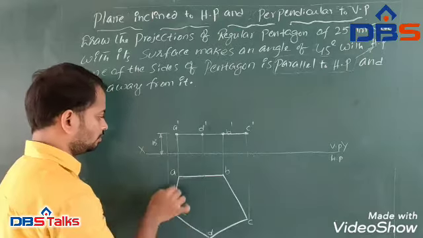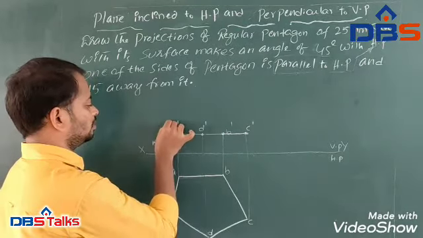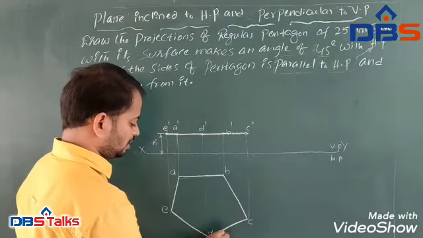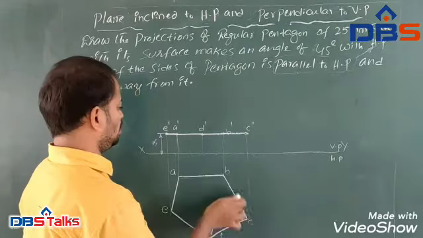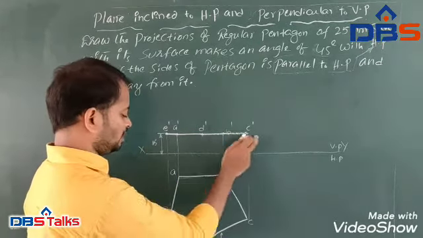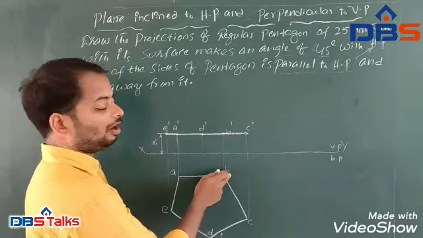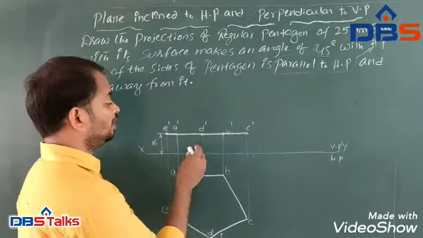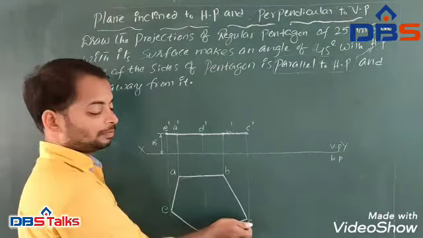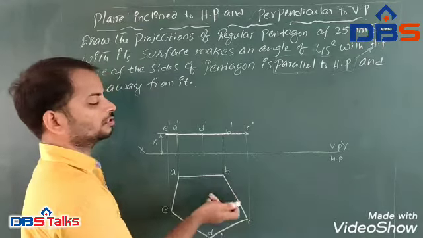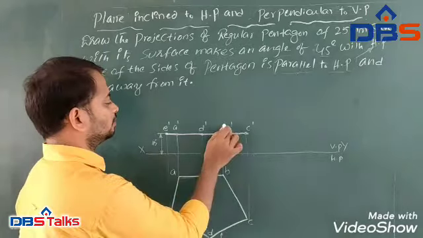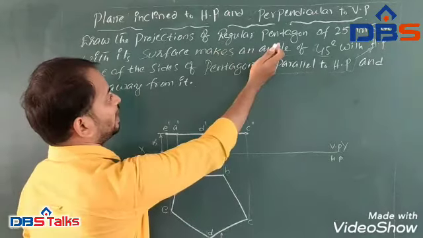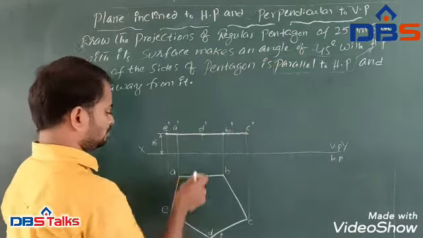From E it is E dash. Then join all those things. It is a straight line. When we see here, E, D, C are clear. E, D, C are visible. Whatever that A, B are invisible, but don't mention the invisible lines with the dotted lines. Since C is visible, at the same time from C to B also is visible. Let us consider that. So this is the regular pentagon of side 25 mm.